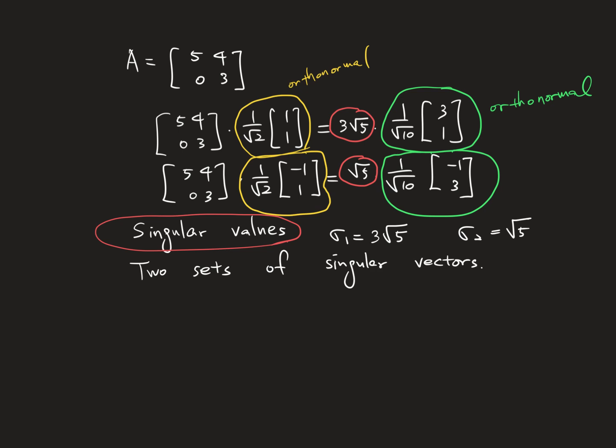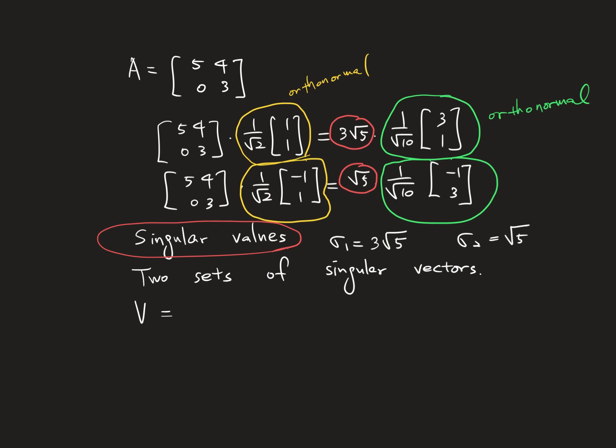But we have only one set of eigenvectors. But in singular value decomposition, in SVD, we have two sets, U and V. We have two sets of singular vectors. And so